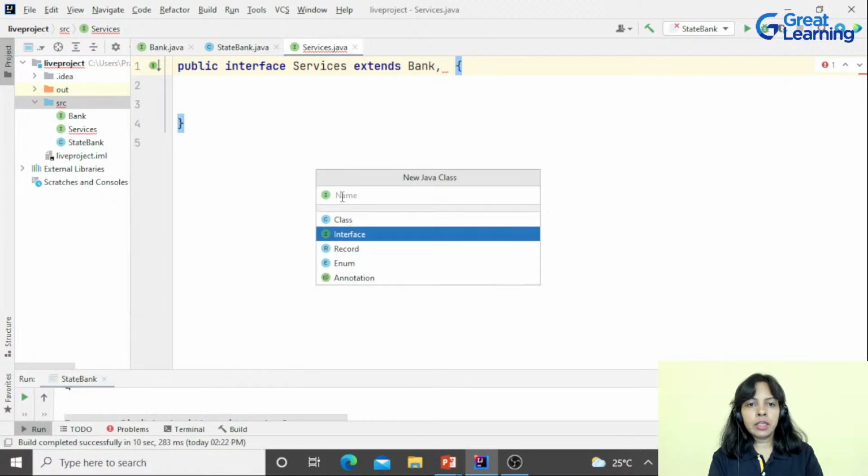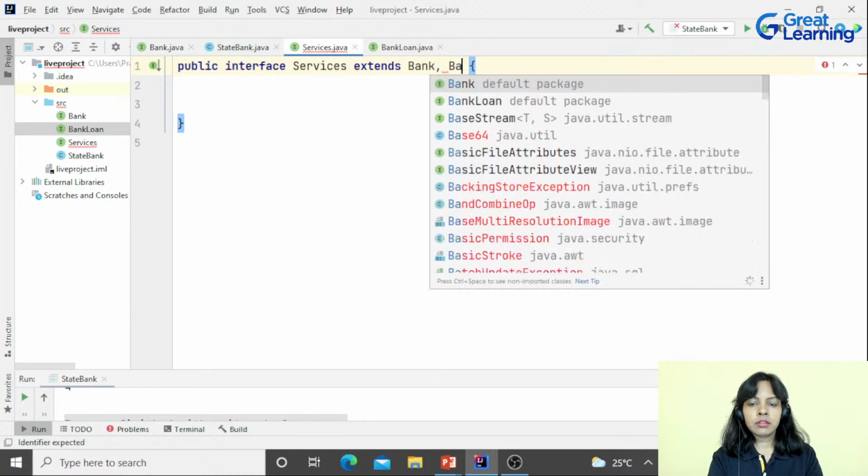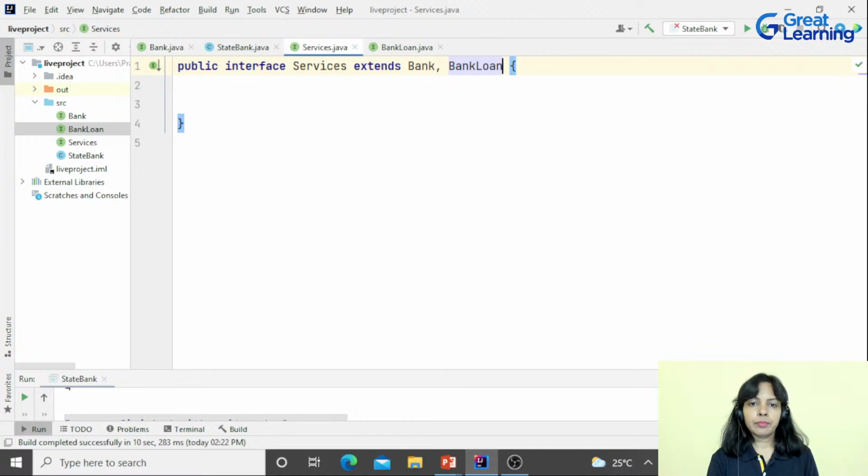Let the name of the interface be, okay, bank loan. Fine. So I can make use of an interface services extending two interfaces, bank and bank loan. Getting it? So an interface can extend multiple interfaces.